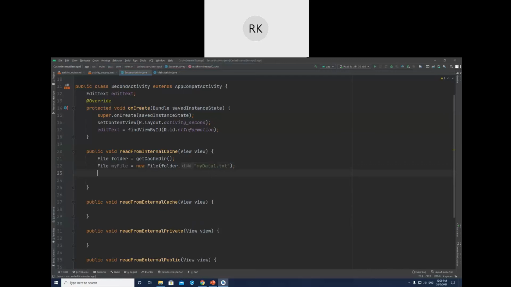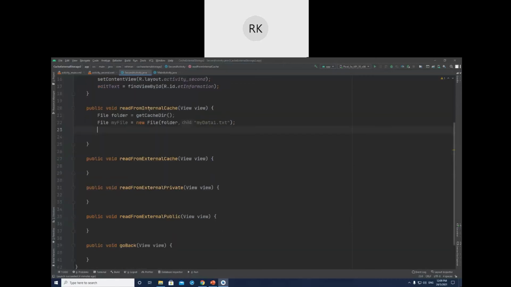The reading process, you see, we will read here, here, here and here. So again, like the writing process, the reading process is also repeated, so we will create a function for that. String data, and this data will be returned by the reading function.